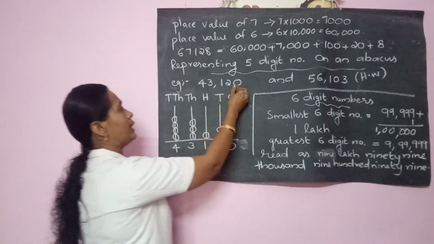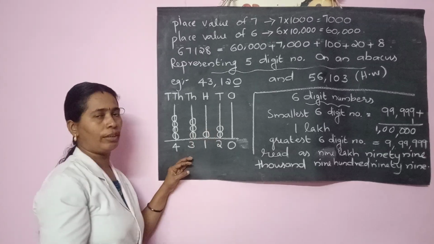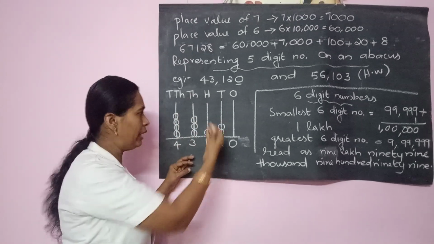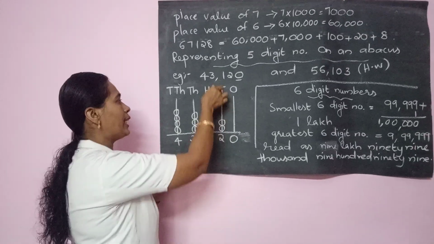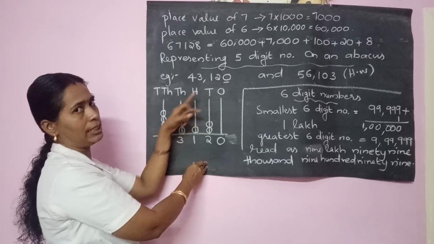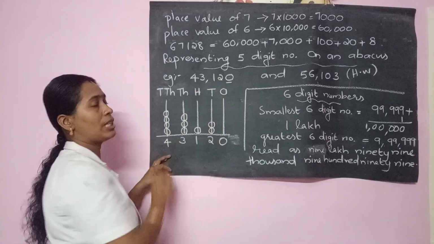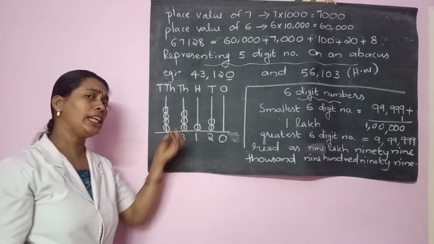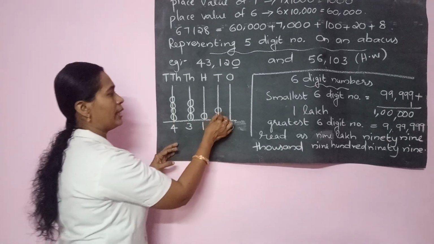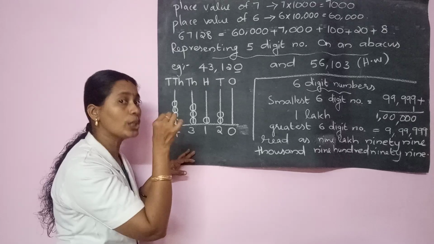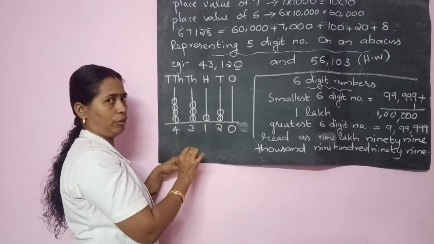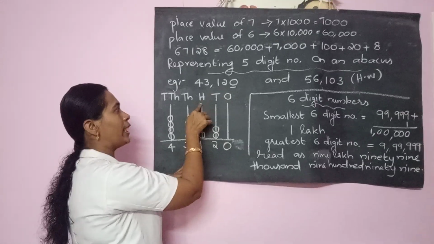See the first digit, the ones digit, 0 is given. So do we want to insert any bead? No, nothing. Leave it the same. Then next needle, look at this one. This needle shows which one? Tens digit. What is the tens digit in the question? 2. So how many beads do we want to insert? 2 beads. Teacher has noted them by putting zeros. You can put any other things you like. This much is enough.